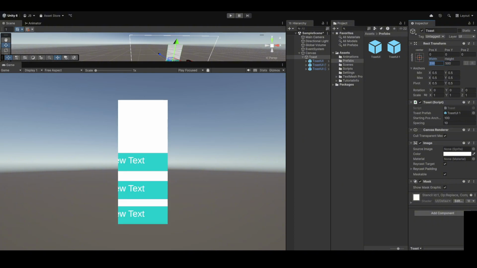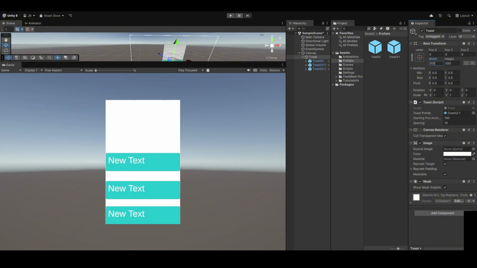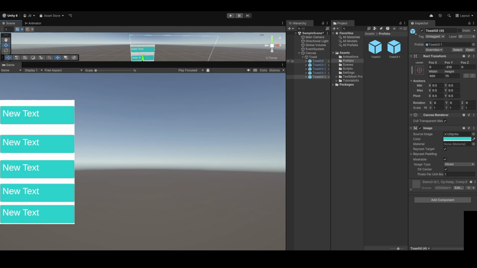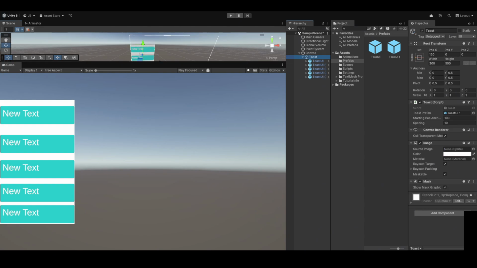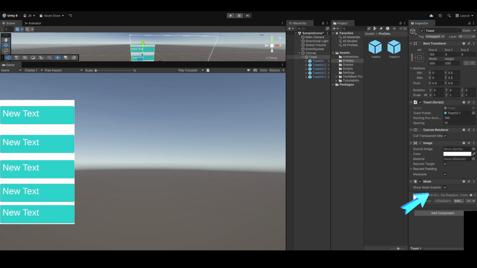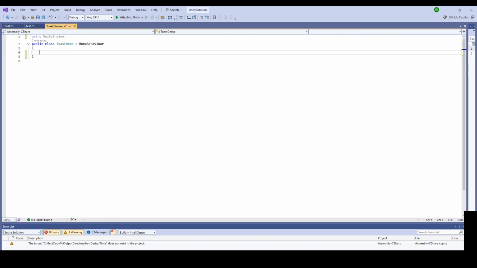500. And we're going to make this the size of the toast. And I'm going to bring this over. Hold down Alt and click this anchor button right here, and it'll bring it to the left side of the screen. And we're going to turn off the mask graphic to remove it. We don't want to see it. Okay. So I created a new script called Toast Demo,